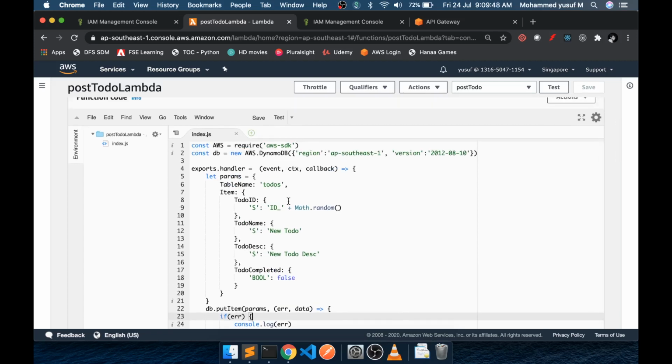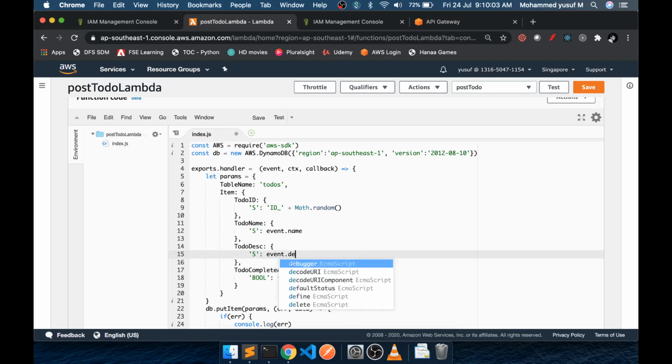So here instead of giving the value hard coded, I'm going to rely on the event object. So we can pass the input to the event object. Here I'm going to say event.name, todo name basically, and here I'm going to say event.description.